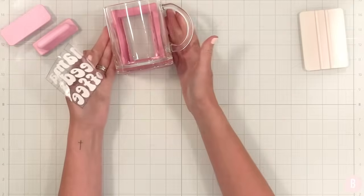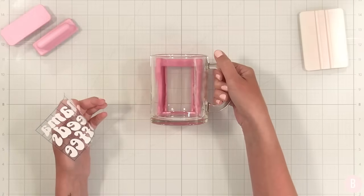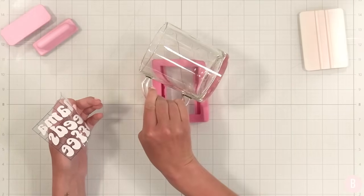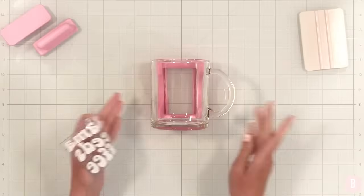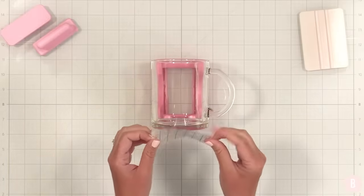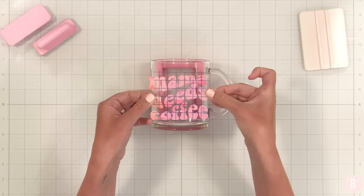Now, depending on the person you're giving this for or your personal preference, you can put it on this side with the handle on the right, or you could remove and turn over and do the other side. You can also duplicate the design and do it on both sides. I have a personal preference. You may have a different personal preference, so just do whatever works for you. And I'm gonna lay this down